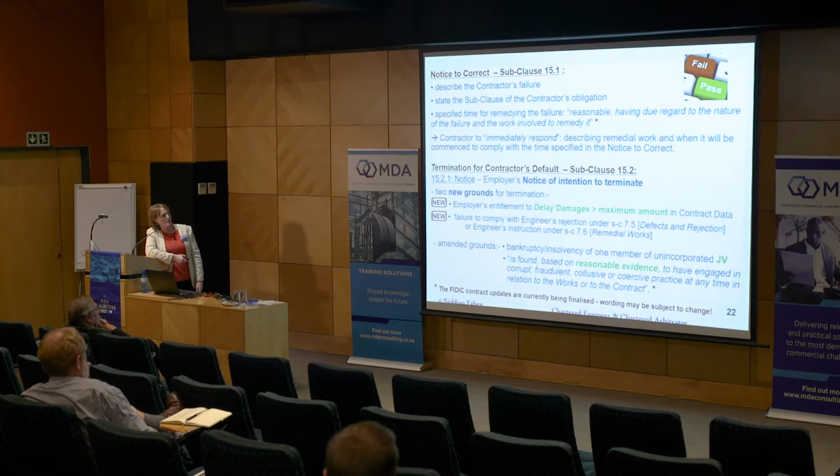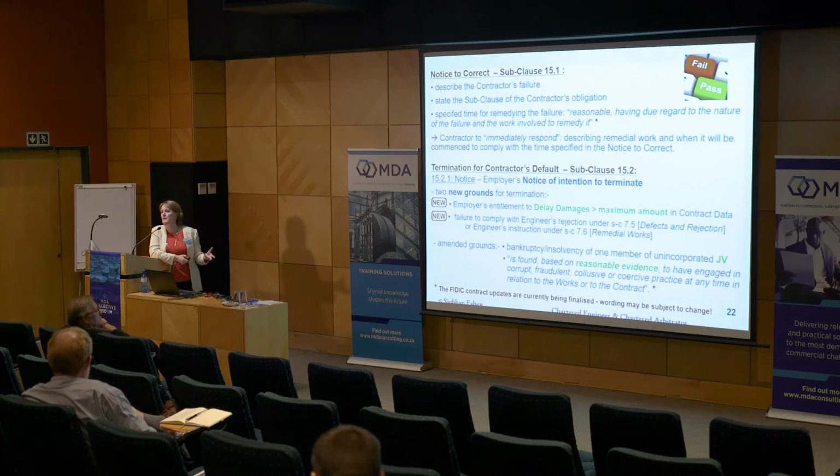And then also another ground is failure to comply with an engineer's rejection under 7.5 or an engineer's instruction under 7.6, which are the clauses dealing with defects and the contractor's obligations for remedial works. Because in practice, although the contractor had built something that was defective, he's under an obligation to carry out remedial works. In practice, it wasn't happening as it should do, and the employer was left trying to deal with it himself, while still paying the contractor and not being able to terminate the contract. So there's a little bit stronger